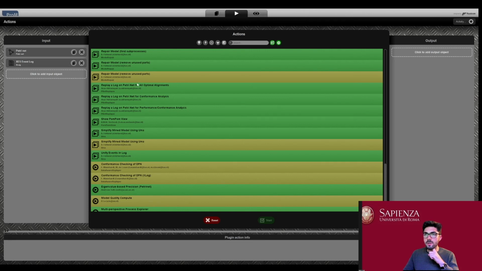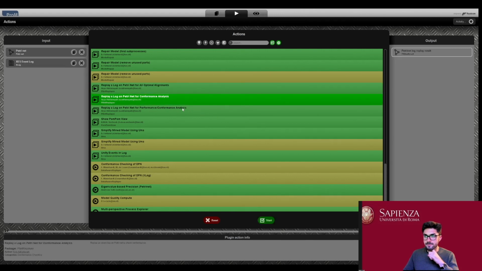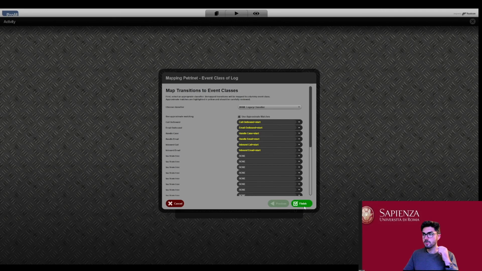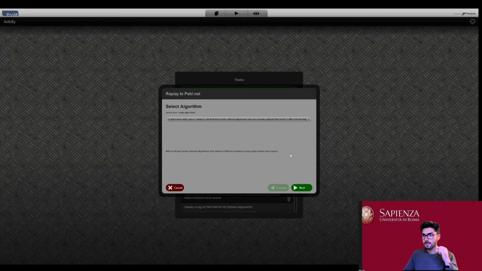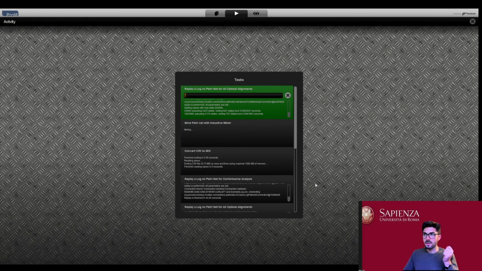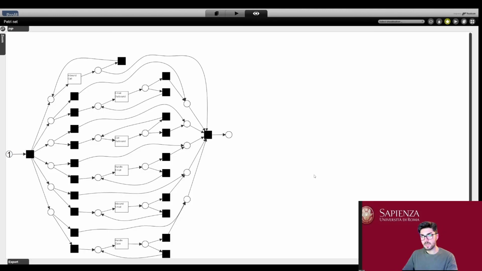So in particular, if I use, let's say, this tool, replay a log on Petri net for all optimal alignments, I can try to do so. It will ask me something, since the operations can be customized, and now we need to wait just a moment for the result.